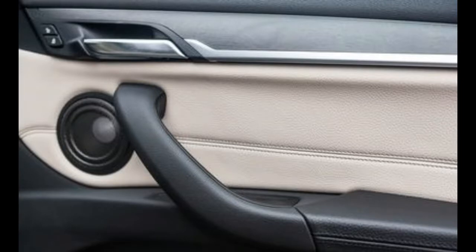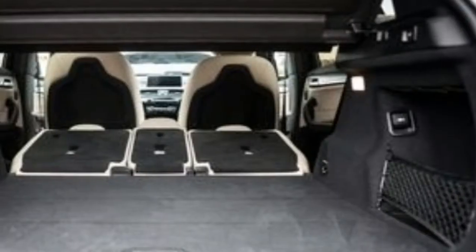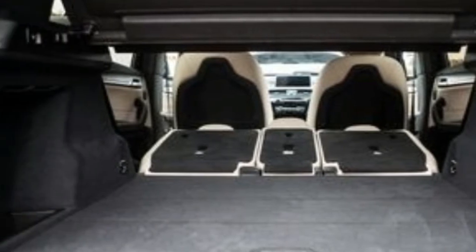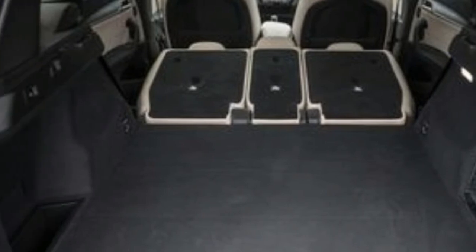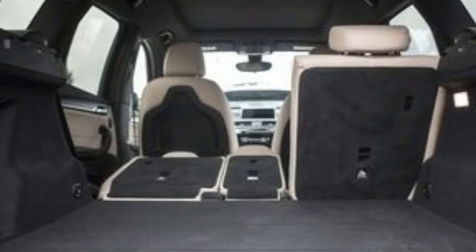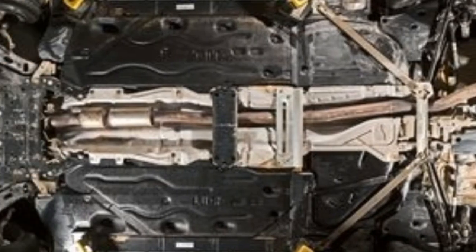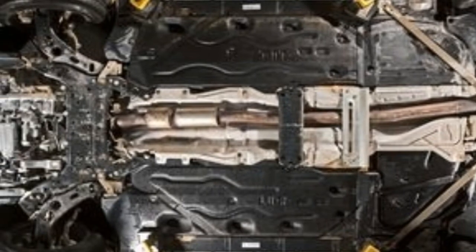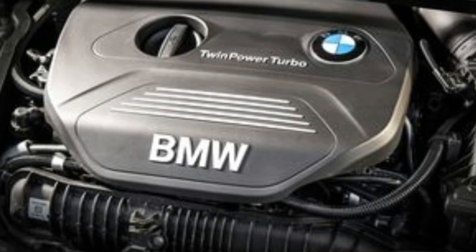A simple suspension system, struts in front, trailing arms located by upper and lower lateral links in back, and coil springs, saves weight, cost, and space. The bottom line is a more efficient shipping container versus the outgoing X1 hatch. The new crossover is 1.7 inches taller, 0.9 inch wider, 1.1 inches shorter, and 88 pounds lighter. The wheelbase was shortened 3.6 inches to a tidy 105.1 inches. Functional gains include a more useful back seat and 2 additional cubic